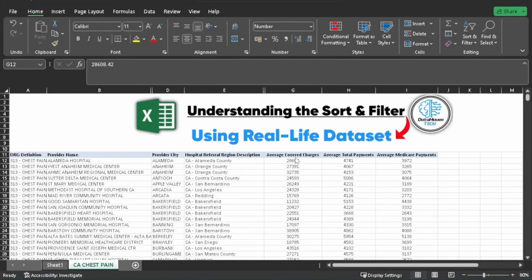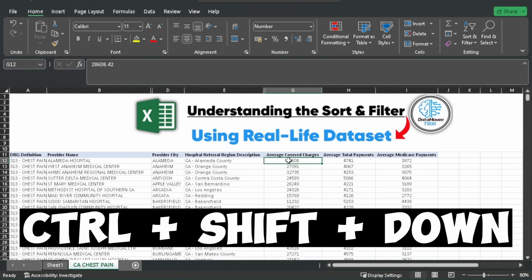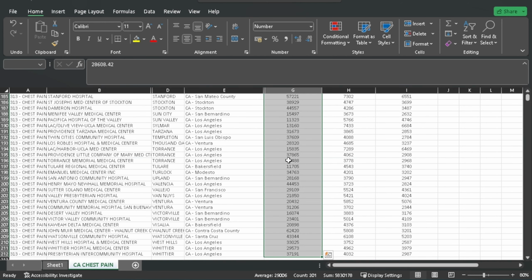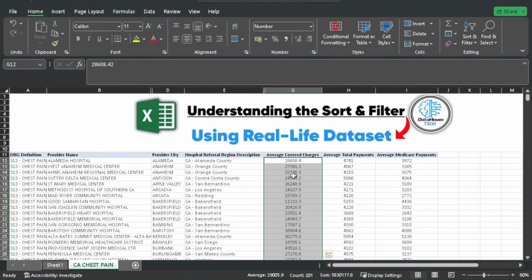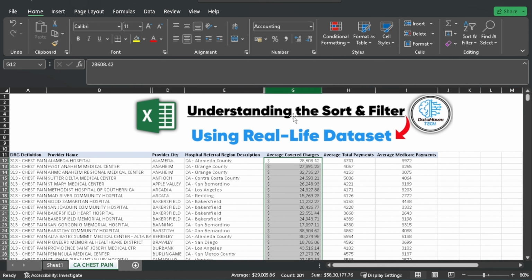Now to select this column, we will click here, and now we will use Control Shift and down arrow, which will select everything in this column, and now we will format it. We can also make it a currency from this tab here, as you can see on the screen. Now this column will be treated as currency numbers. So now let me quickly format these two remaining columns also.